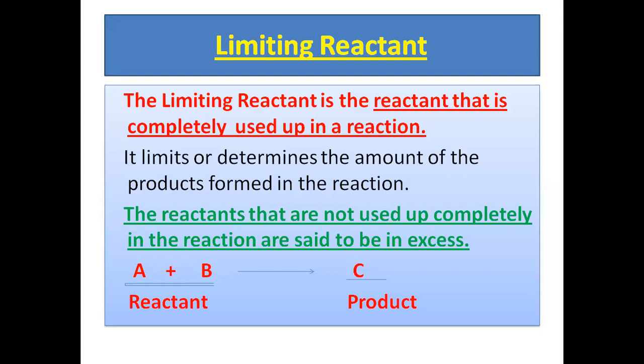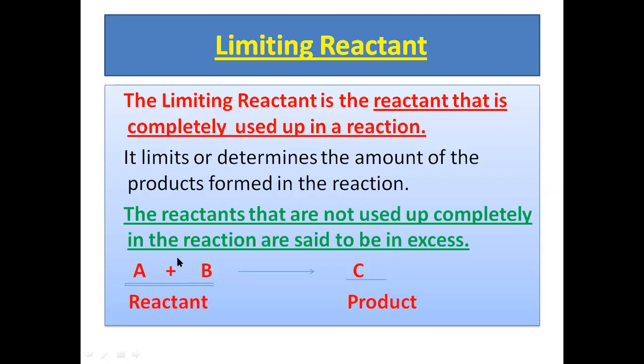The limiting reactant is the reactant that is completely used up in a reaction. It means during any chemical reaction, if we take more than one reactant, and if one of the reactants is completely used up during the reaction, that reactant is said to be a limiting reactant. This limiting reactant basically determines the amount of the product formed in the reaction, and the reactant that is not completely used up and remains left during the reaction